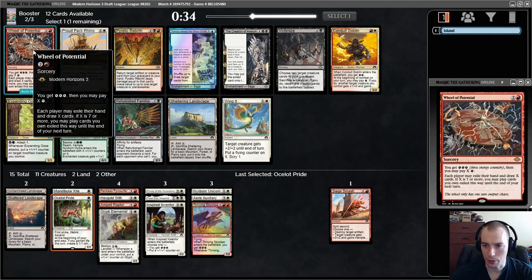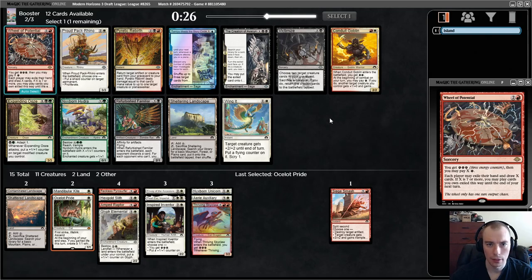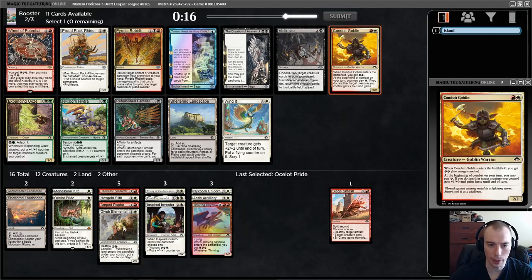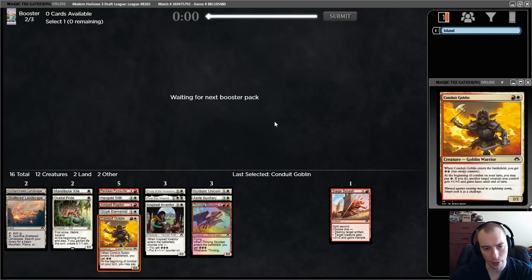That exiles their hand, then draws X, like some more. You can play your exiled cards this way. It could be interesting, but I don't think we're quite there. I'm going to take the Conduit Goblin. I'm having a little energy sub-theme now as well. I don't know, this card just seems sweet. The Rhino has been good. I definitely wouldn't mind getting a Rhino, but